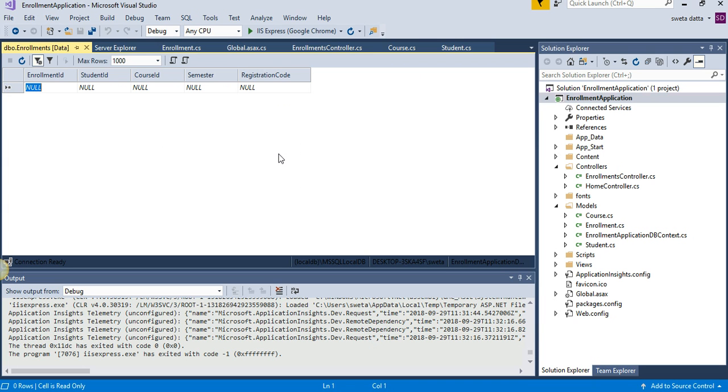If you don't want to lose your data every time, you definitely have to do the seed method. Like how we did the sample data, you want to create something like that for your student, course, and enrollment, and then include that here in this solution, similar to how we did it in the MVC Music Store. That way you don't have to keep retyping data every time you drop your database. Okay? So I hope this video helps. Thank you.